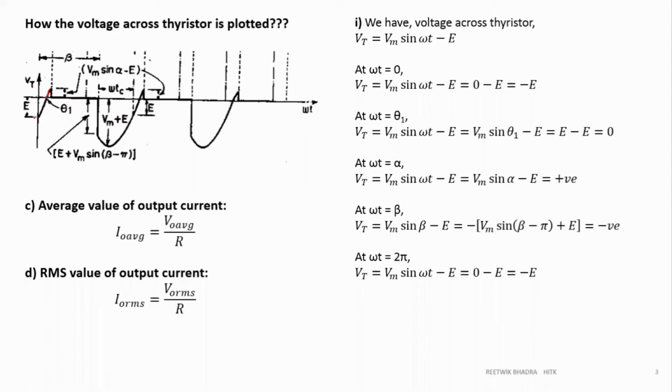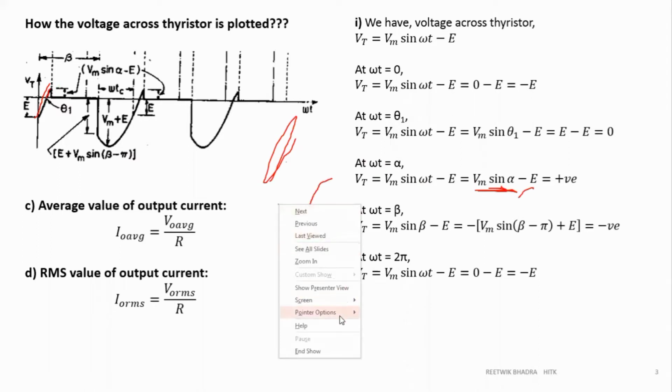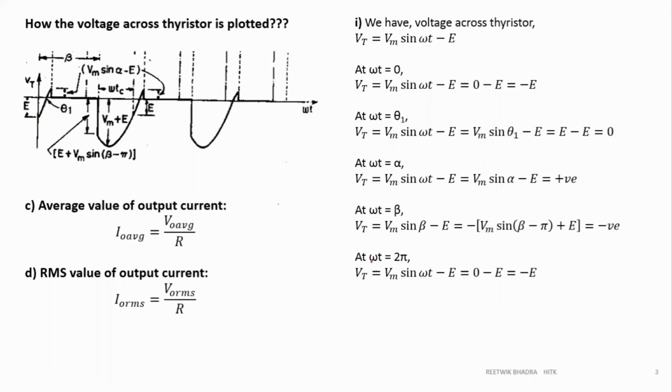And how will the nature of the curve look? It will be a sine wave because it is a sine function minus a constant. So it will follow a sine curve only. No need to worry about that. Please draw a sine curve. Don't draw just a straight line. Try to make a little bit slanted line so that it is understood as a sine curve. So up to alpha is understood.